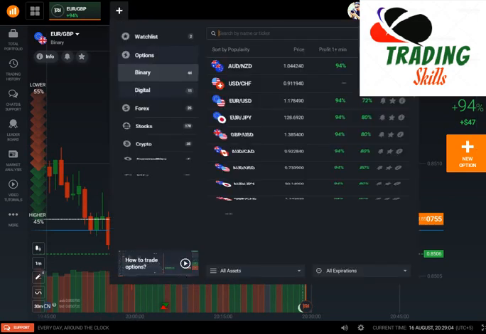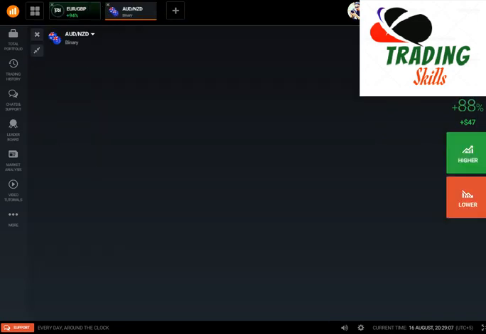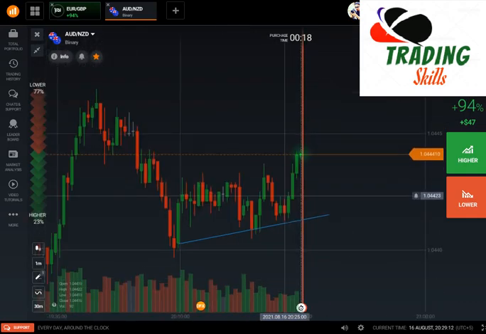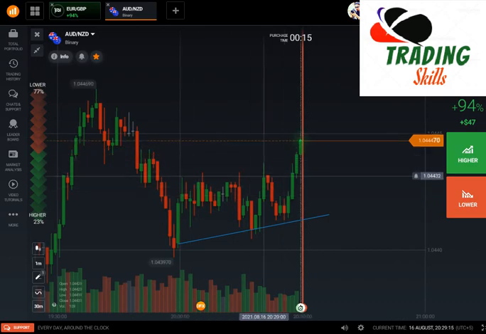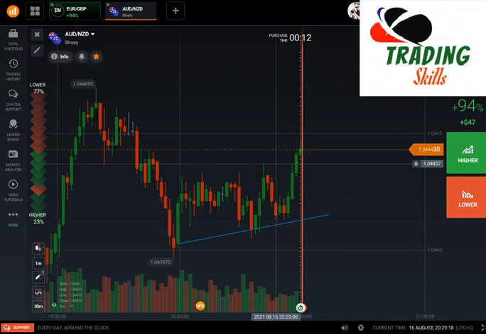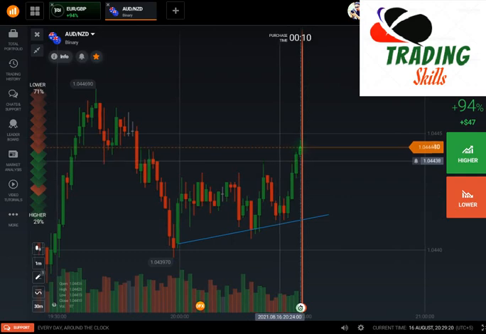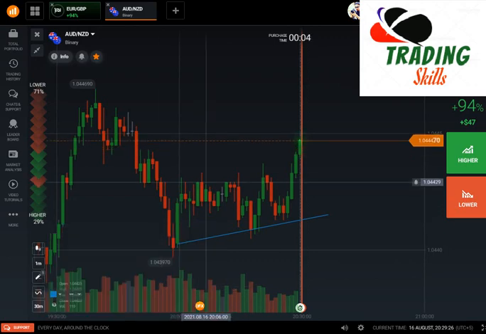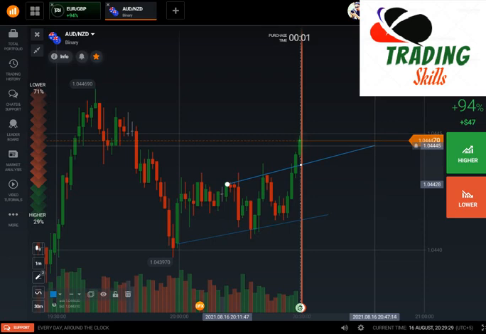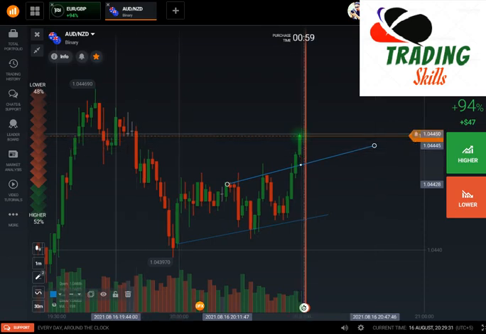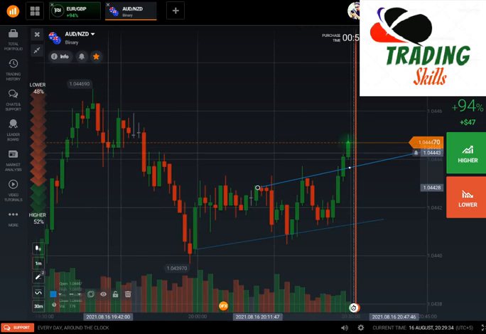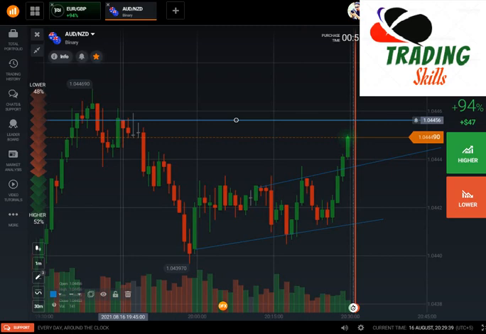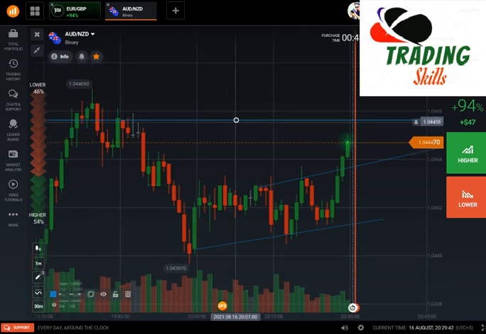So let me show you another trade. I need to analyze the market here. Now you can see the market is trying to go up. Okay, so if we analyze the market here, you can see overall the trend is going up, and for me the next reversal area is far away. It is this one, or the next level is